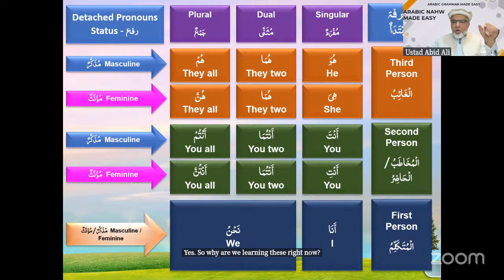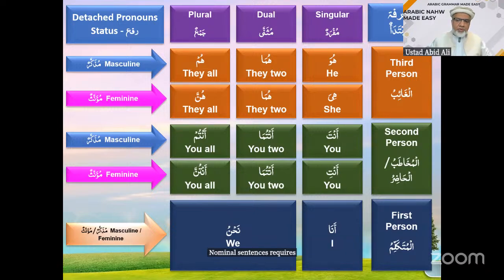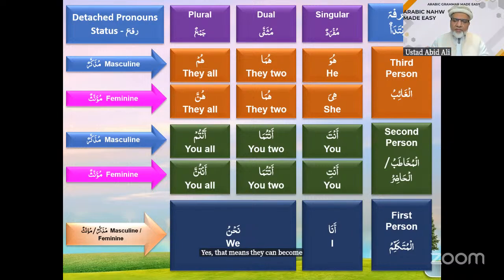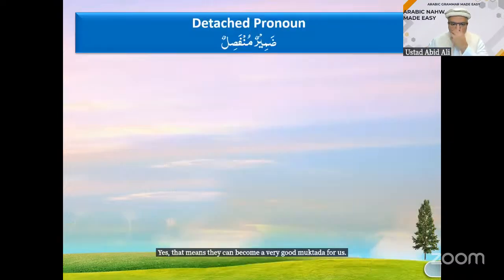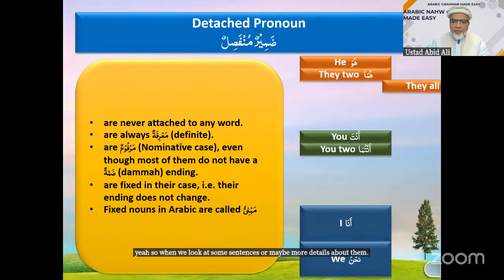So why are we learning these right now? Because we are making nominal sentences. Nominal sentences require two parts, mubtada and khabar. And we know that mubtada is supposed to be marifa and mubtada is supposed to be rafa. So are these pronouns marifa and rafa? Yes. That means they can become a very good mubtada for us. So when we look at some sentences or maybe more details about them, what are some of the properties